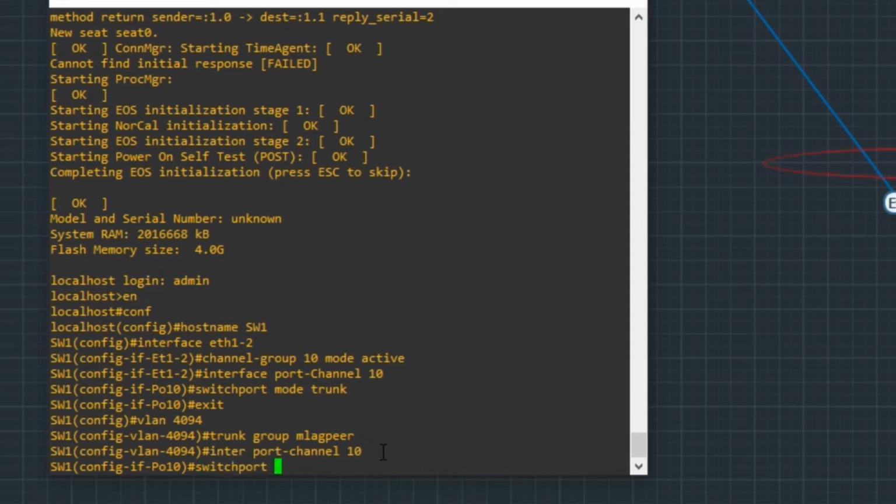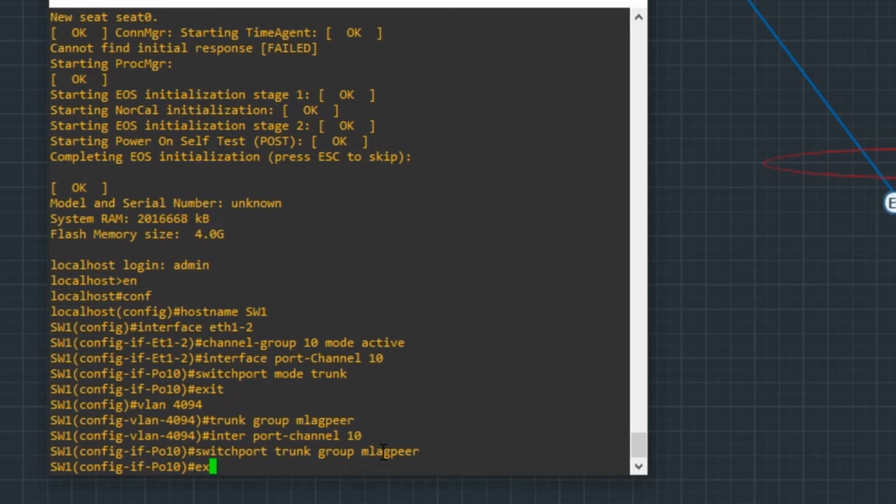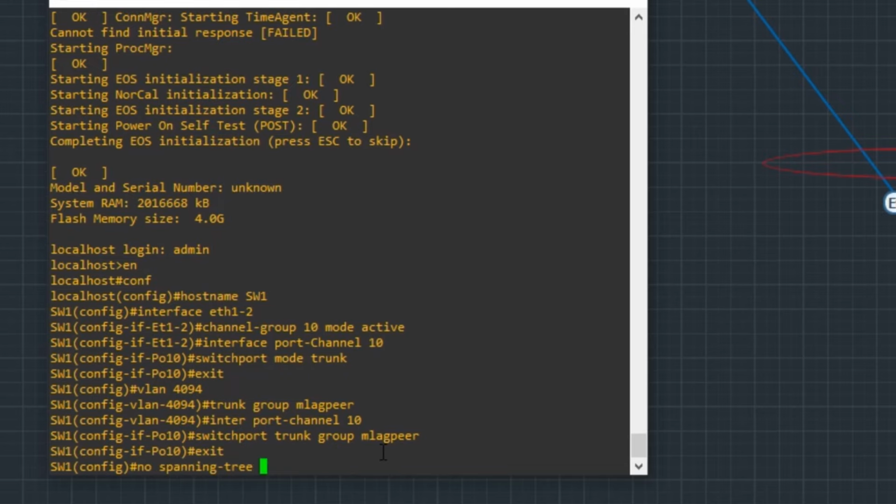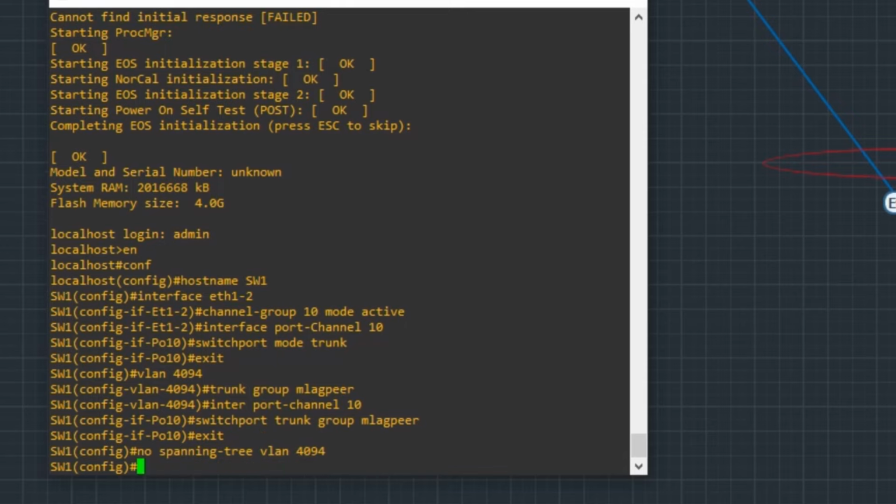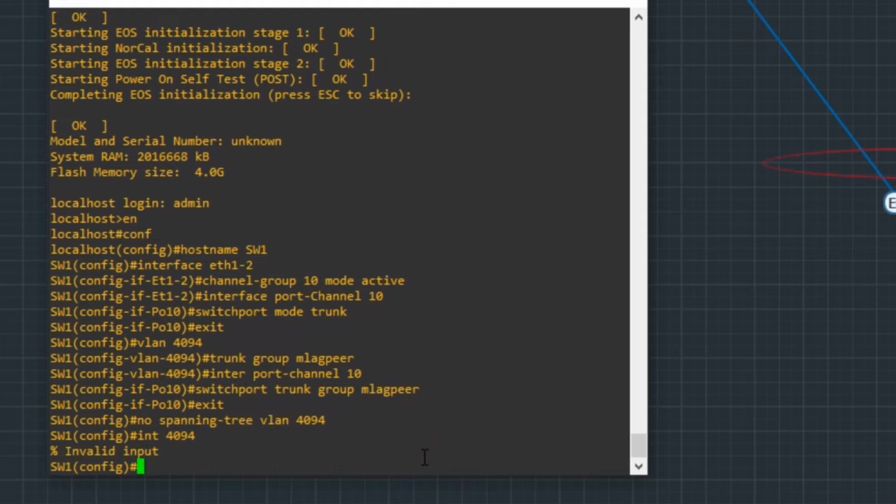Switchport trunk group MLAG peer, and exit. No spanning-tree for VLAN 4094. Now we are going to set the IP for this interface. So interface for this VLAN 4094,